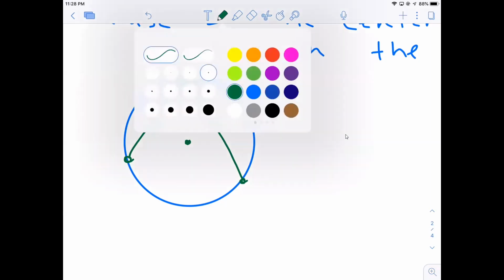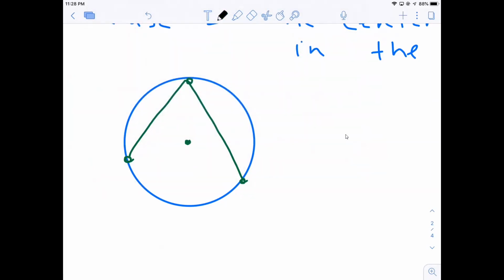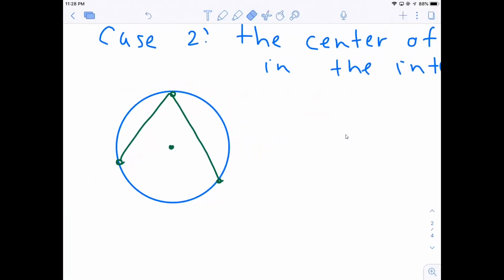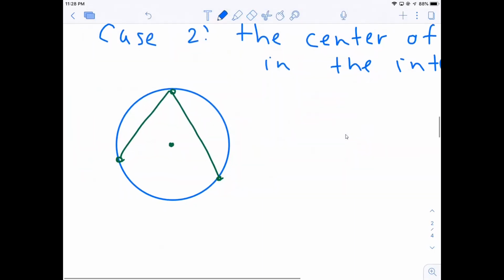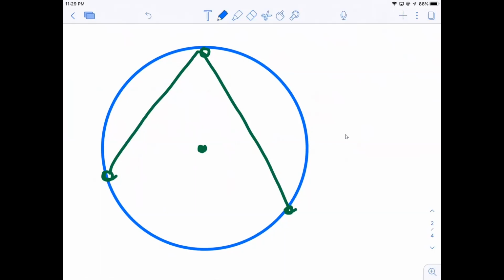And again, we're trying to show that the measurement of this arc is twice the measure of the inscribed angle, or the inscribed angle is half the measurement of this arc in degrees. So we're not going to go through a full proof, I'm just going to talk through it. The main thing is we're going to draw in this diameter here. Let's pick a different color. All right, once we draw in this diameter,